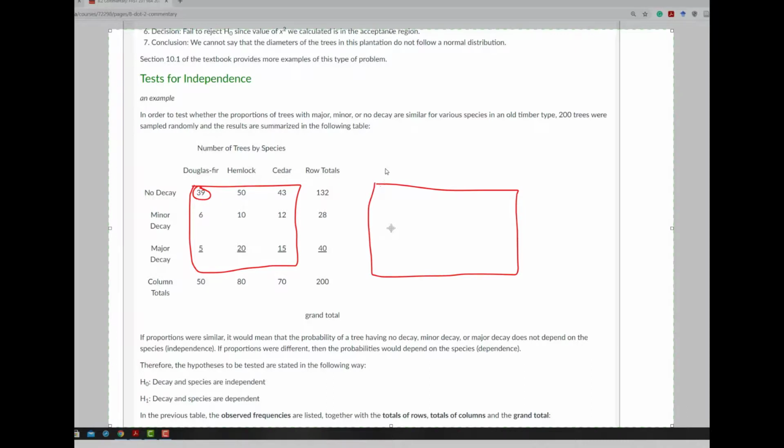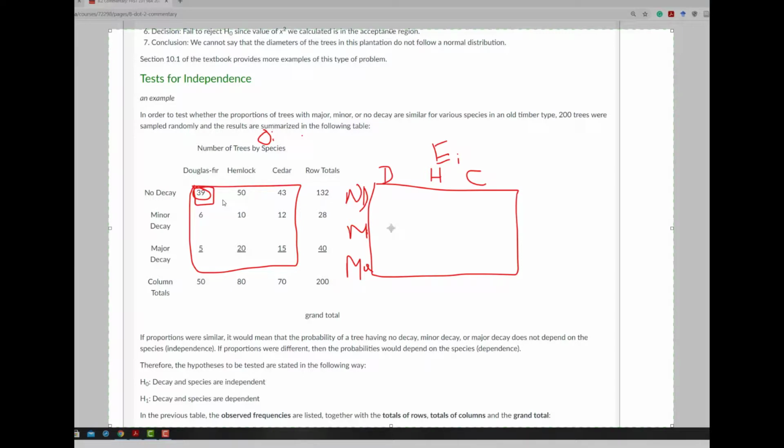In that table, let's say we have Douglas fir, hemlock, and then cedar, then no decay, minor decay, and then major decay. So for 39, the observed value, the expected value, this is the expected table E_i, this is the observed table O_i,